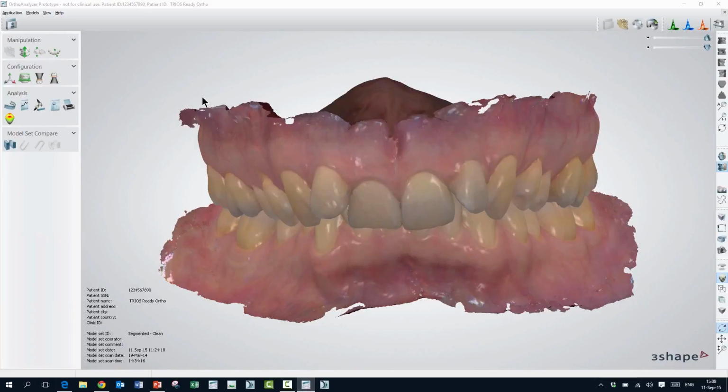As you can see, I am now in Ortho Analyzer and I have opened one of the standard demo files that we have in the system. The first thing I need to do is go into the virtual setup feature, and there's a separate training video on the virtual setup, which I definitely urge you to see first before you learn how to do the animations. But first go into the virtual setup,